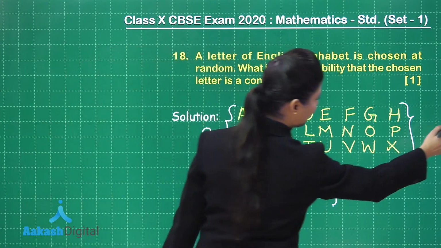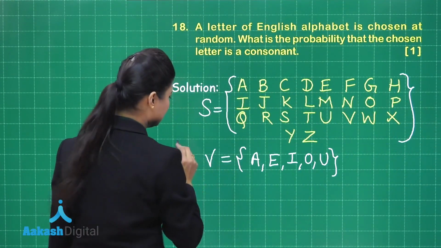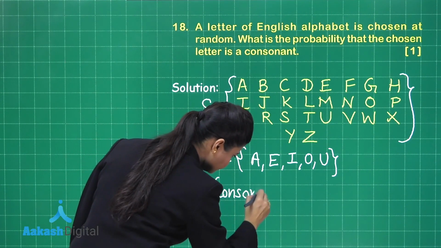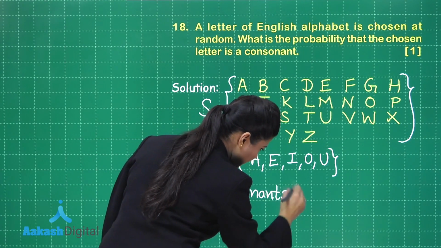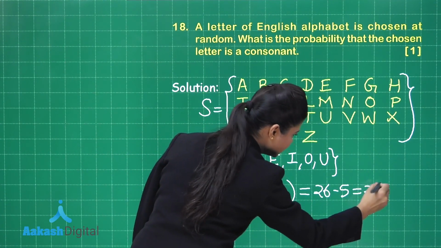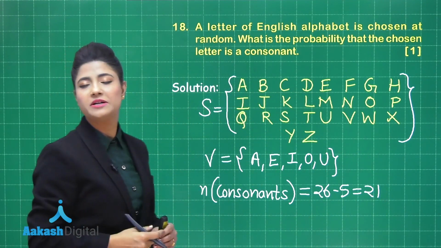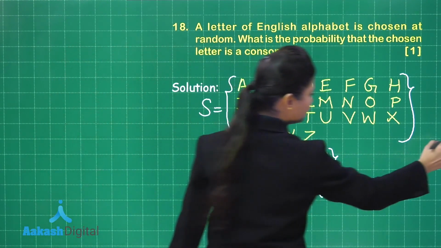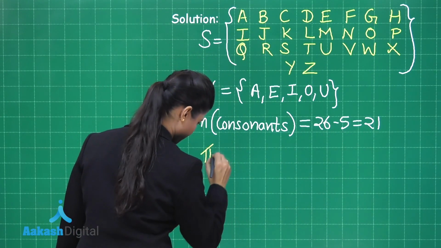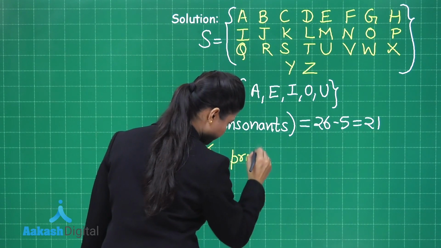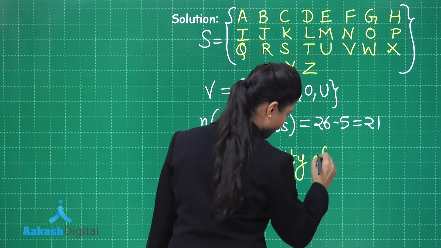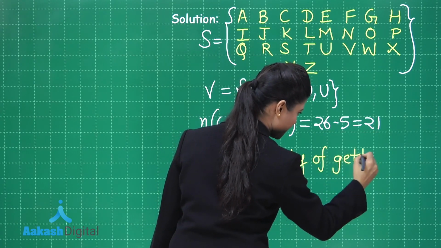So I can clearly write here that remaining are consonants. So the number of consonants in this case will be 26 minus 5, that is 21. So if one alphabet is chosen at random, then further I can write the probability of getting a consonant